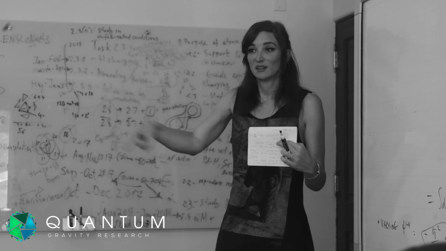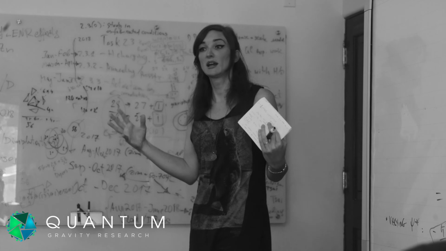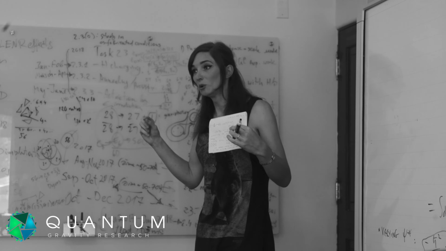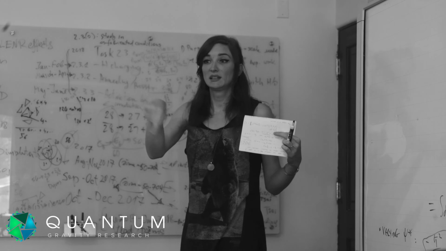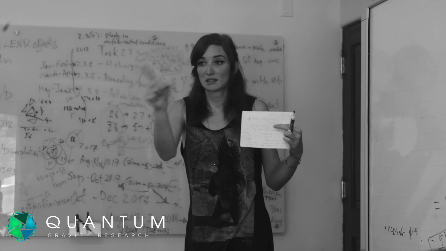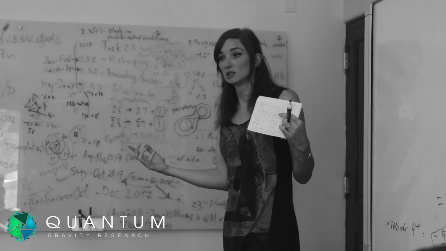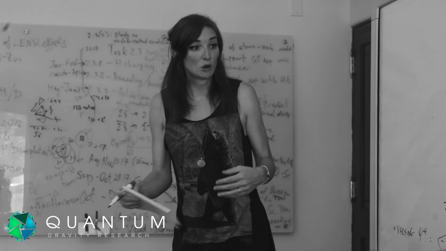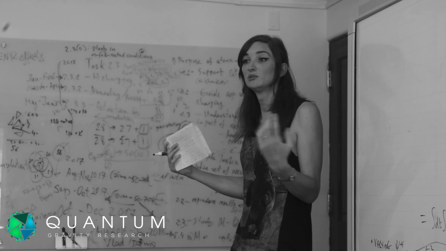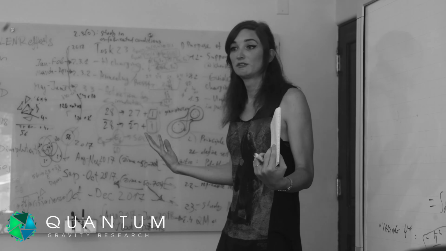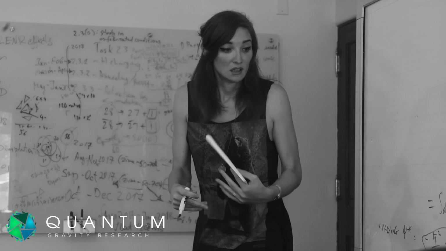doing a corkscrew motion, but I actually have a different picture in my mind which may or may not turn out to be right, which is more that a point particle when it flies along can't really have anything resembling spin angular momentum, unless it's in a very peculiar potential, but typically it can't. And also we remember that we wrote the momentum as grad s, which means it has no rotation as a vector field. It has no rotational component. It's just like the electric field in Maxwell's theory.